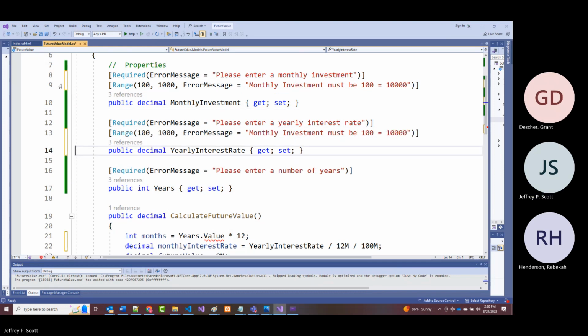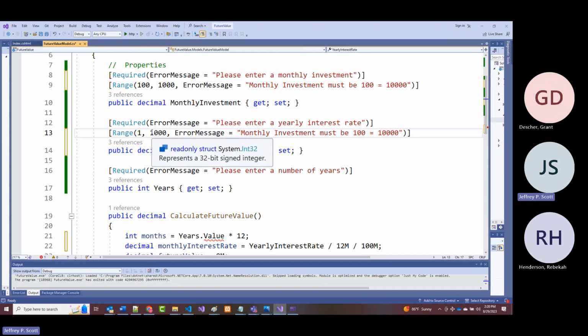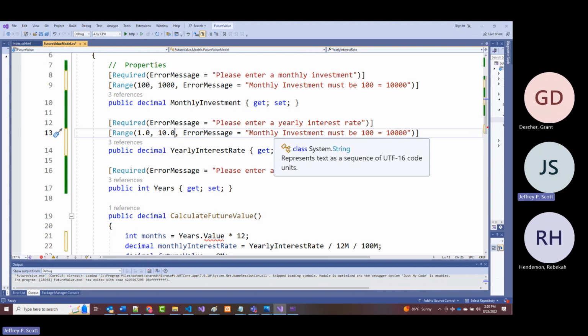All right. Now, we don't want to put 100 and 1,000. Of course, that wouldn't make much sense. Let's say the interest rate has to be between 1 and 10%. And we can make it 1.0 and 10.0. Okay. So we can say here that the yearly interest rate